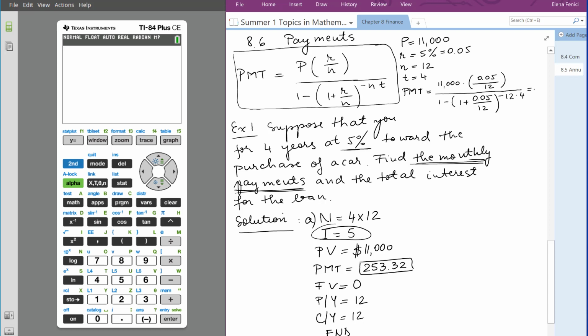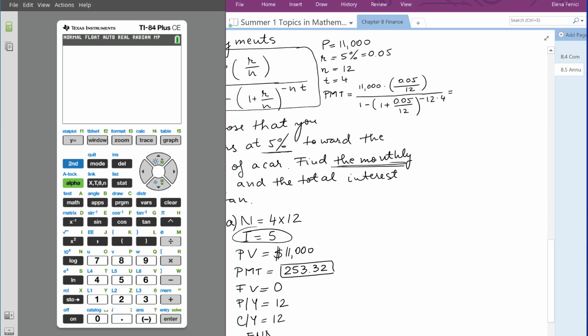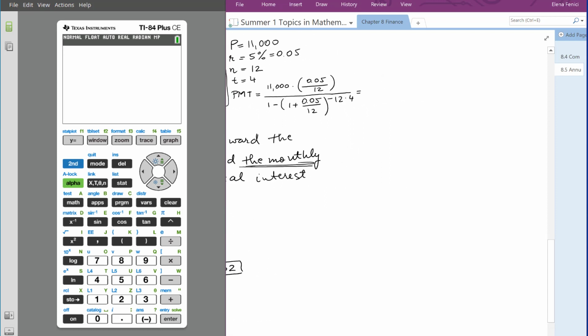So now let's put all this in the calculator and let's compute it. Let's calculate just the numerator first, because it's easier. So 11,000 times 0.05. Oops, I didn't write 0.05, so I'm going to go here on top of 5, and put 0 and 5. Everything divided by 12. Oops, and again, I want to put 12. Enter. So I get at the top